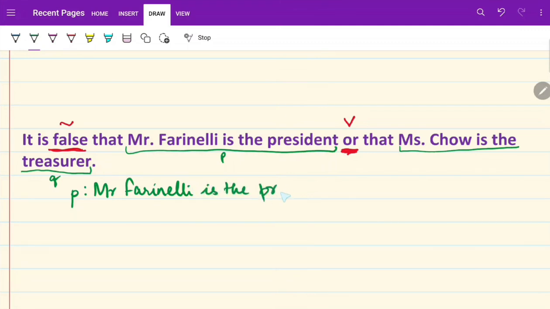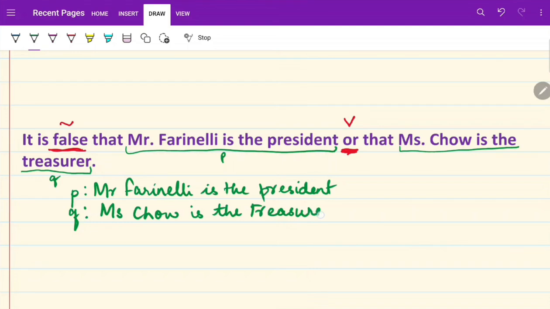And then the next one is going to say Q colon, and then Miss Chow is the treasurer. Again, when you write the simple statements, make sure you do not use any connectives, negations, disjunctions,